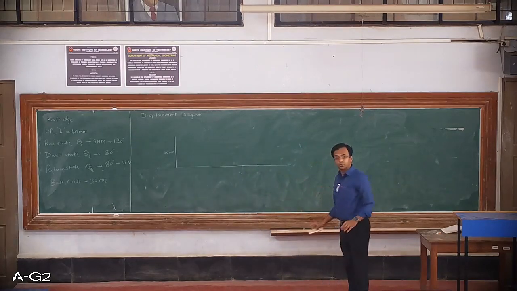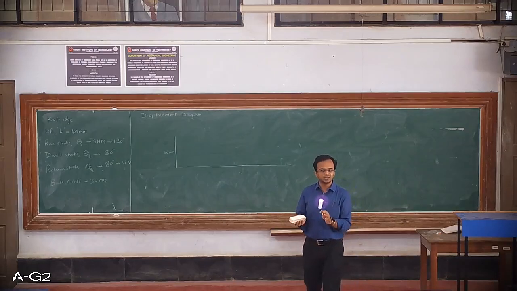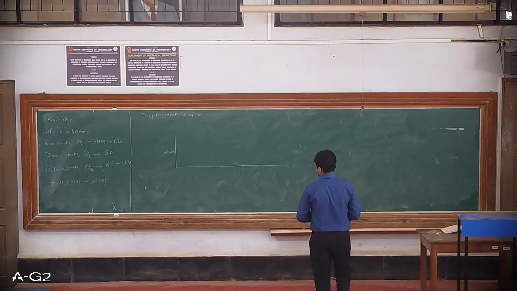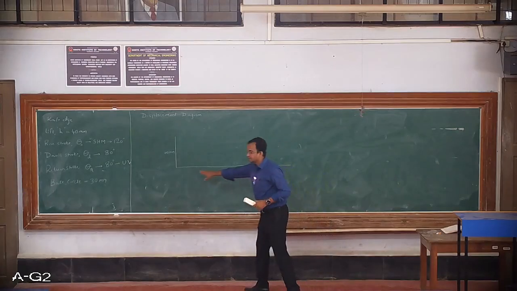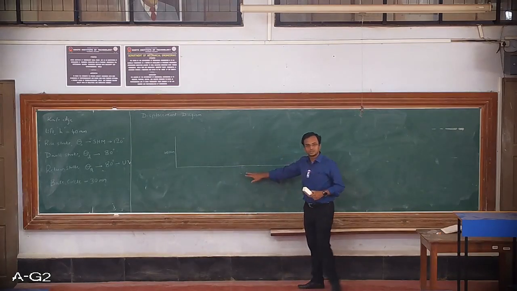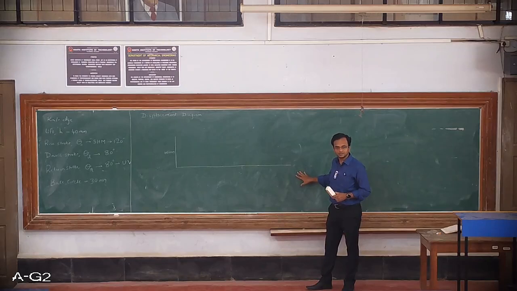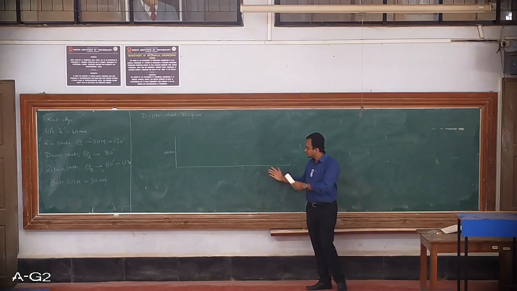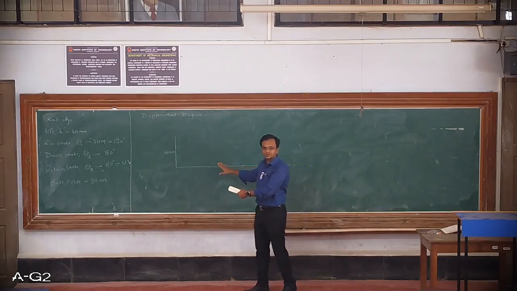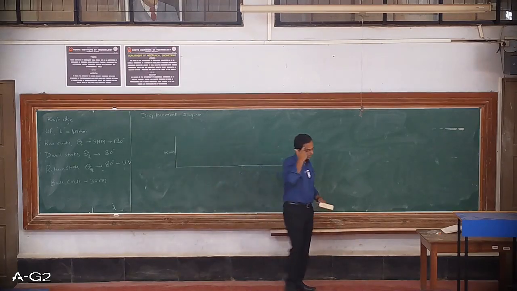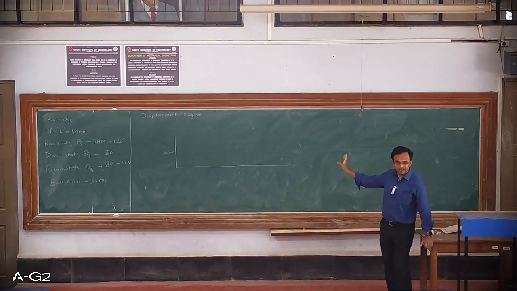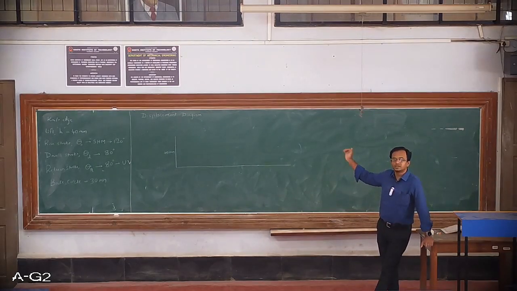Which should be equal to 360 degrees converted into some suitable length. That means I can draw this length of 36 centimeters, or you can further scale it down to 18 centimeters if you want. You can further scale it down to 9 centimeters. But remember, the larger you draw the diagram, the more accurate it will be.